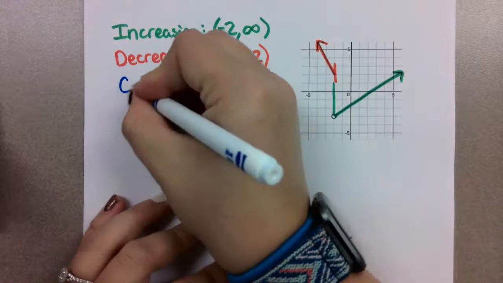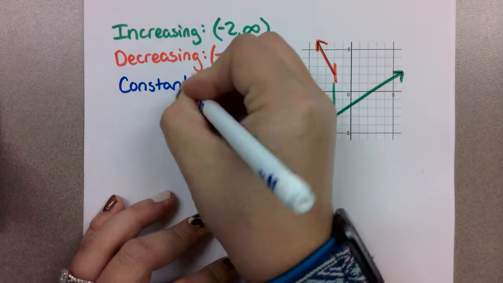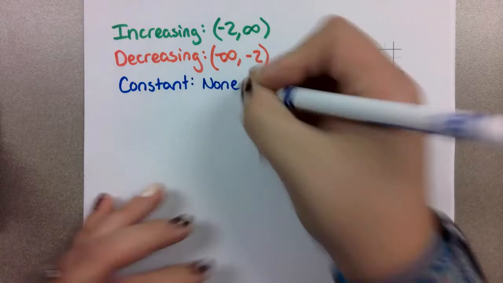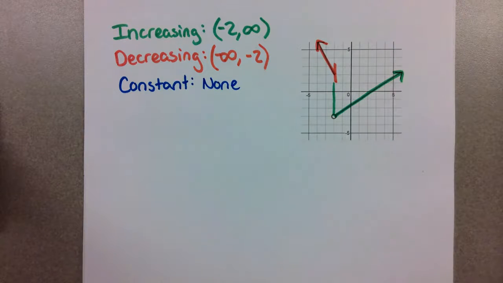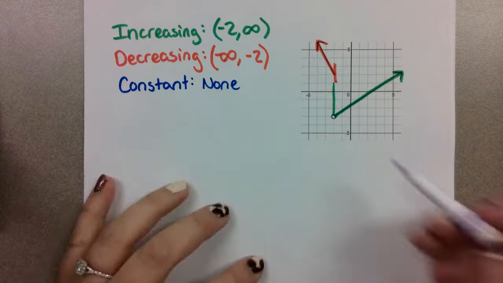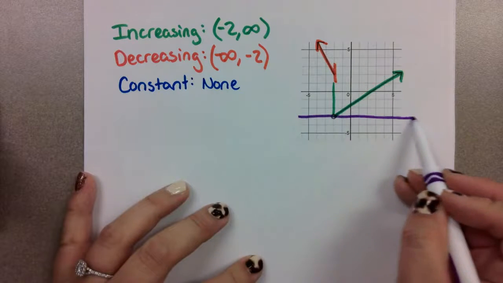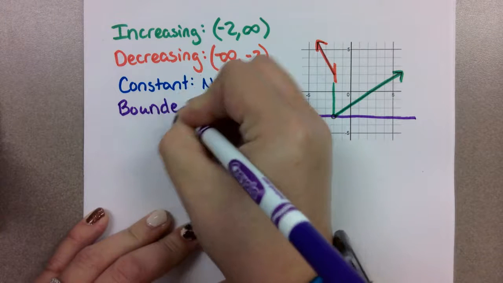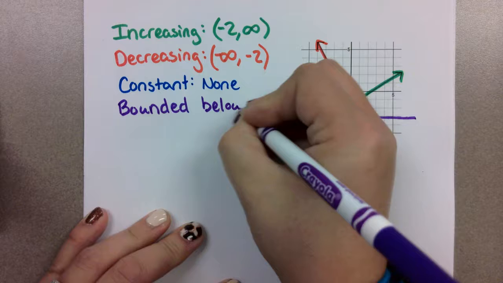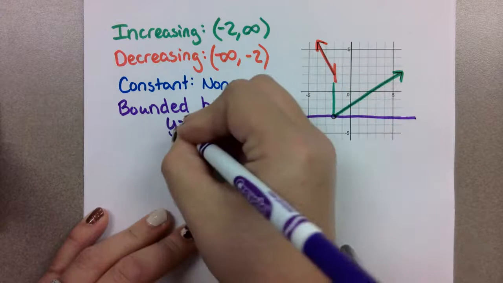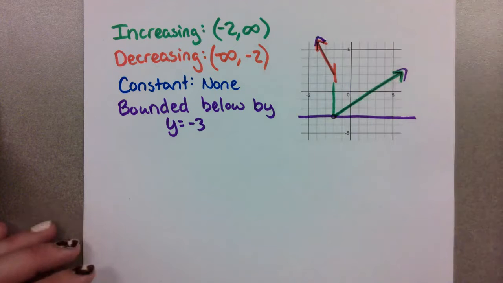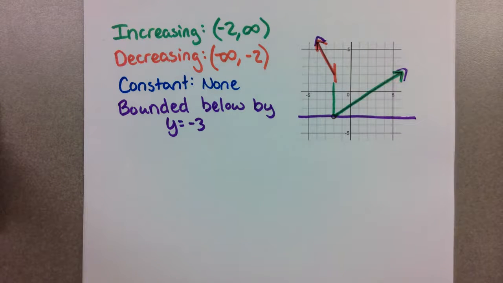And then we talk constant. Well, there's nowhere on this graph where it's constant, so we'll just say none. It doesn't have to have all three features every single time. Next, we'll talk bounded. Well, on the bottom, I do have a minimum that I never go past. So we're bounded below by y equals negative 3. We're not bounded above because my arrows go to infinity. And then finally,